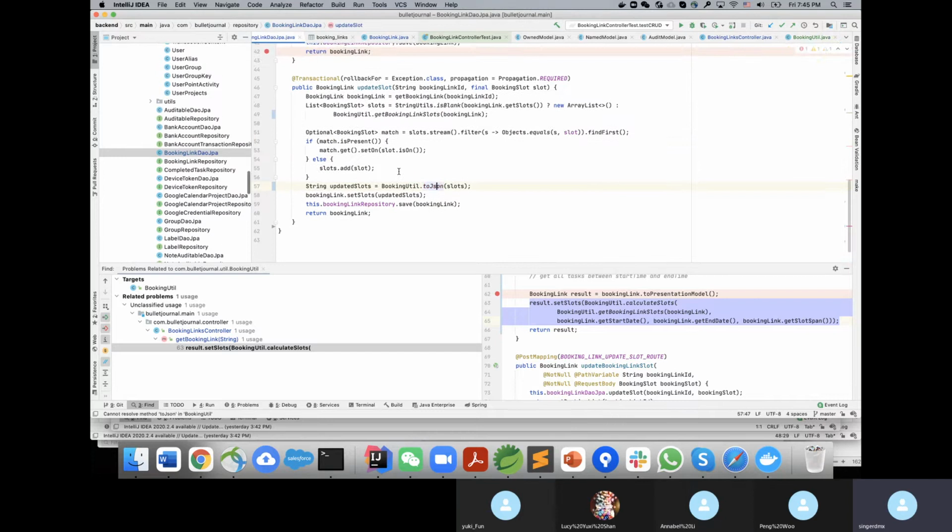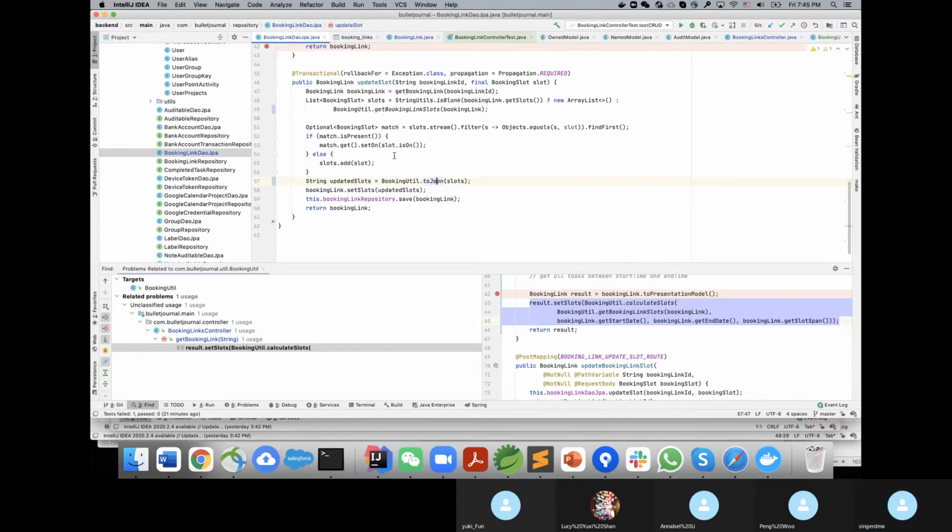Let's check the DAO part. Should we change this logic? I'm thinking how much we need to move to the util. So what does this do? You have a slot, you try to do the on off. You can change this to util, but what does this give you? It takes the toJSON. Should we move this actually? You take an override. This is the override, right? It makes sense to